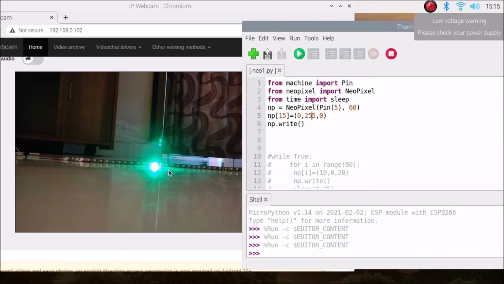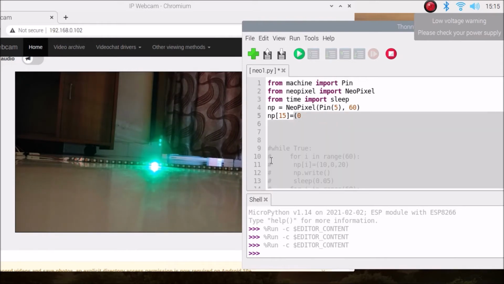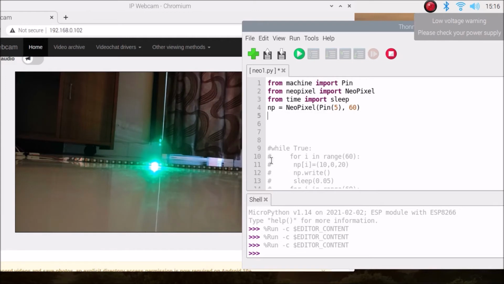Okay, so for that we want to mention here a for loop. We are going to use here a for loop. Okay, so let's implement that method also. So what I'm going to do, I am going to remove all these things, and we are going to mention here our for loop. So for I in range